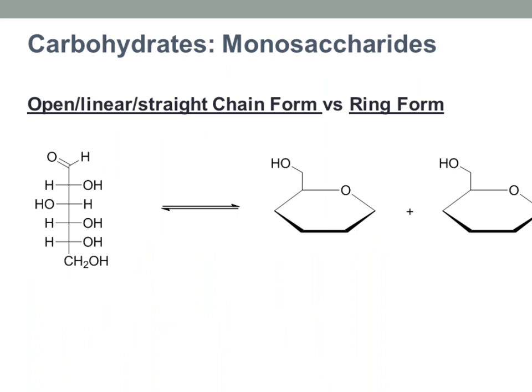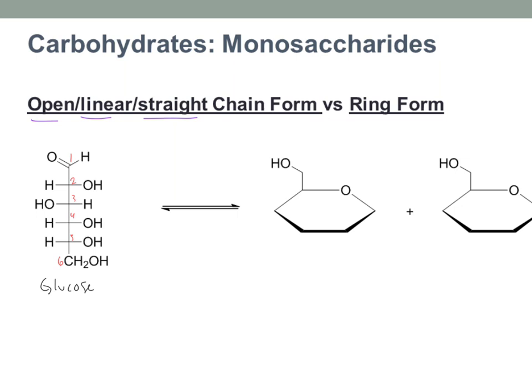Now, I drew all of those monosaccharides on the previous slide in their straight chain form, their linear form. Sometimes you hear it called the open form or the linear form or the straight chain form, whatever you want to call it. I usually call it the straight chain form. But you'll also see all these carbohydrates in rings, and so I want to talk about how you go from the straight chain to the ring. In this picture, I just drew glucose again. I'm going to number those carbons like I did on the previous slide: carbon number 1, 2, 3, 4, 5, and 6.